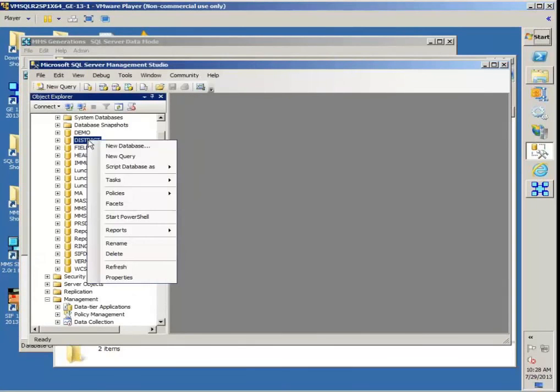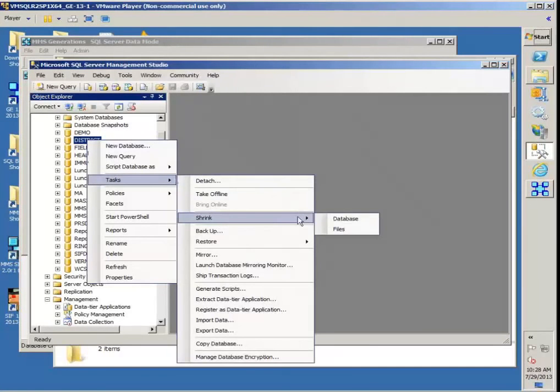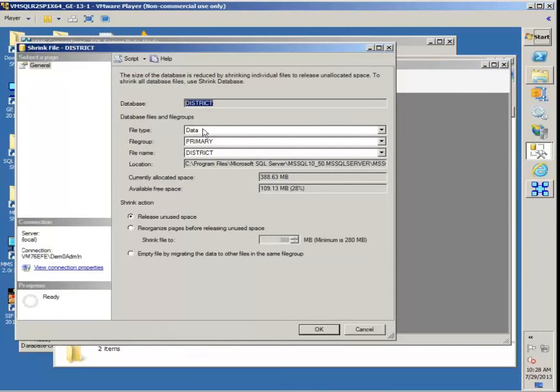Now if I close this and go back and look at the individual files, I can see where that space is in the sense of whether it is in the data or in the log. As I said, the log is the LDF, so I've got 90% of my log file, which is free space. Sometimes I don't want to necessarily go all the way down because anytime it needs to add more space, it takes that time to take so much space at a time. Now it can bog it down a little bit if I get my file too small. Now the log isn't too bad because it's not that big, but if I look at my data,